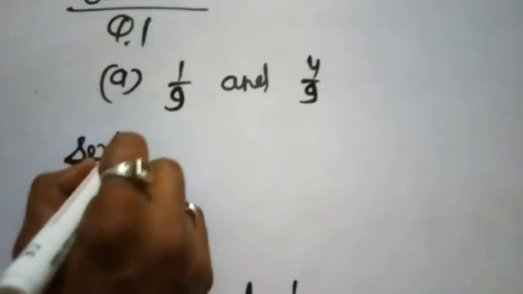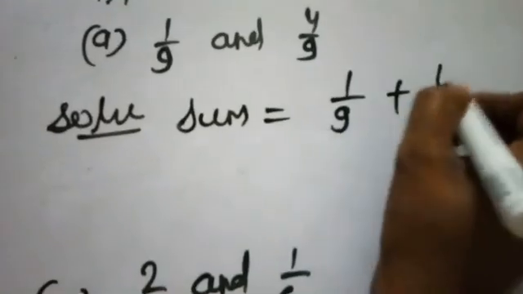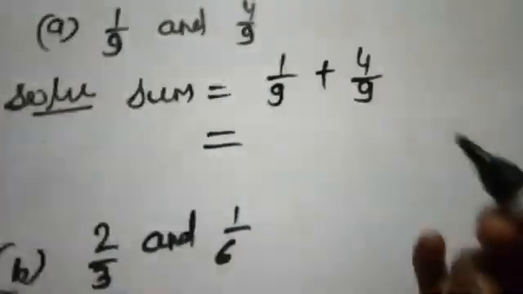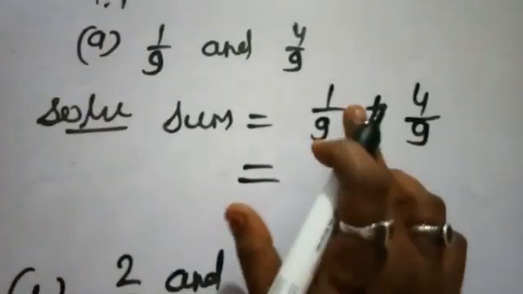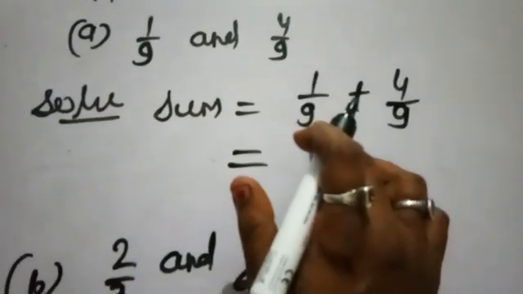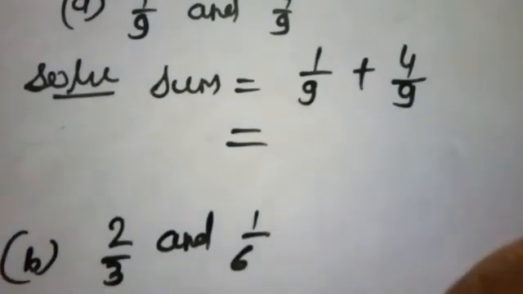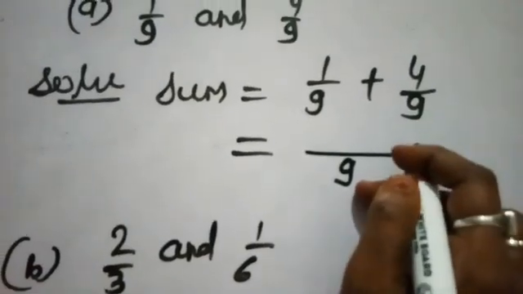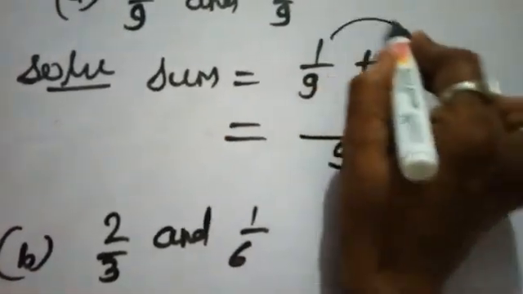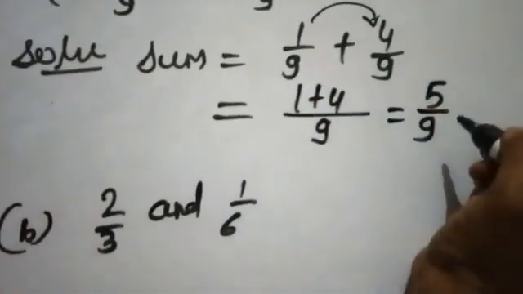Dear student, this is our question number 1. Here we have to find out the sum of the given fractions. As I told you, addition and subtraction are only possible in like fractions, meaning fractions having the same denominators. 1 upon 9, when we check here, 9 is a denominator, in the second one 9 is a denominator, so addition is possible. Here what to do? We will write down the denominator 9 only one time, and we will add the numerators of the given fractions. So our answer is 5 by 9.